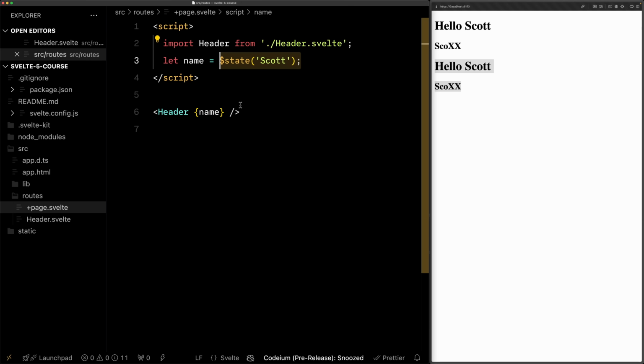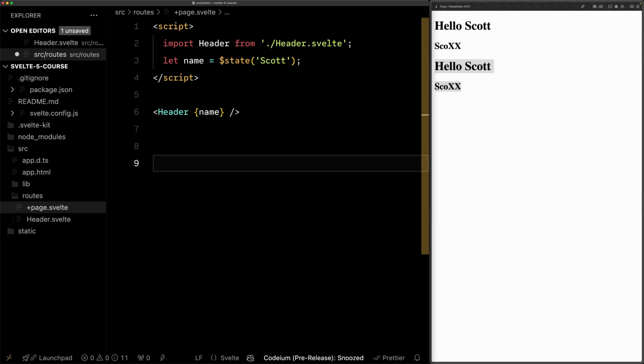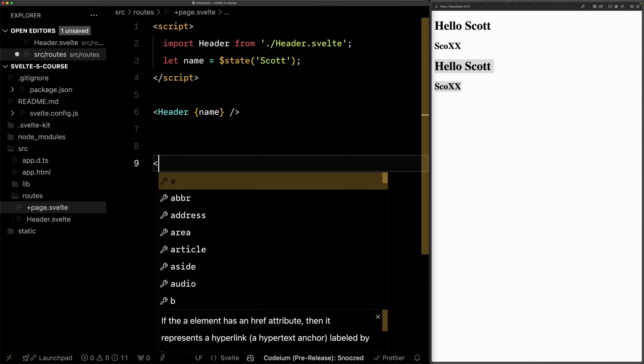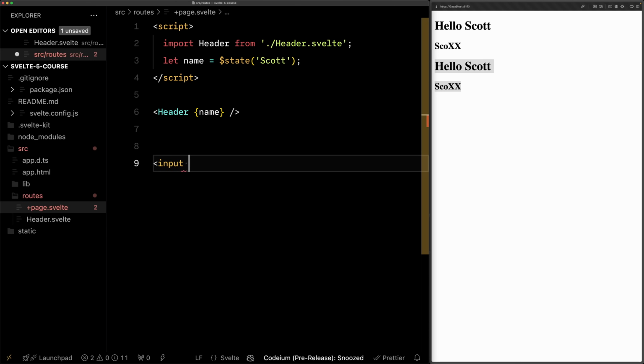Now, let's get some fun stuff going on inside of here and show you how we can make this extremely easily reactive. We can say input, so it's just a straight up text input. And I'm sorry, I'm not going to do a whole lot of full-on HTML accessibility stuff in this. We're not building a label. I'm focusing really hard on Svelte 5 specific features and Svelte specific features. So all of your accessibility needs and HTML best practices should still apply, right? So the input type is text, and we're going to use this nice little directive on an HTML element called